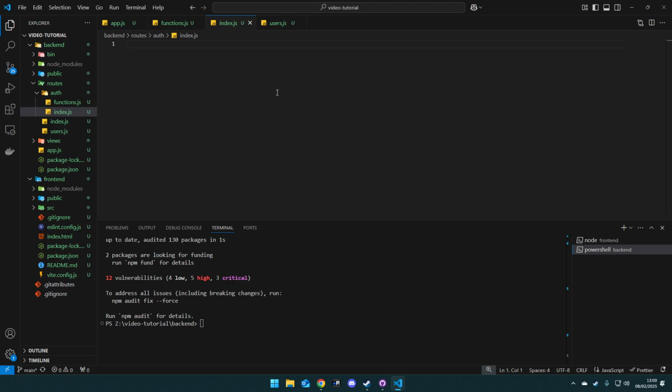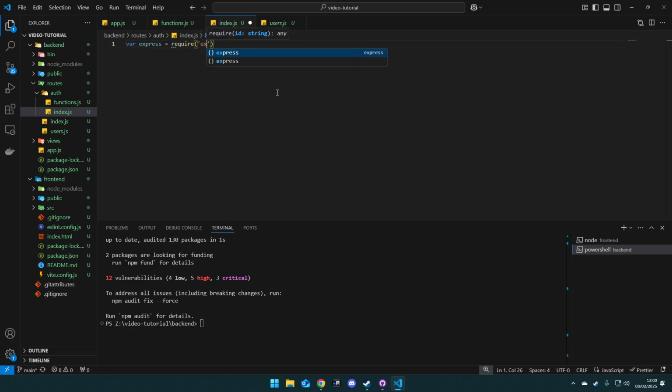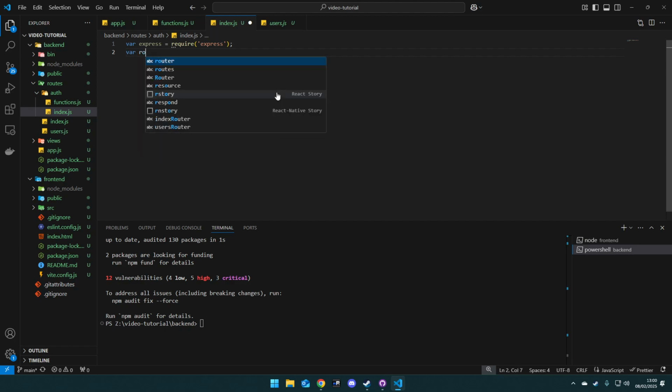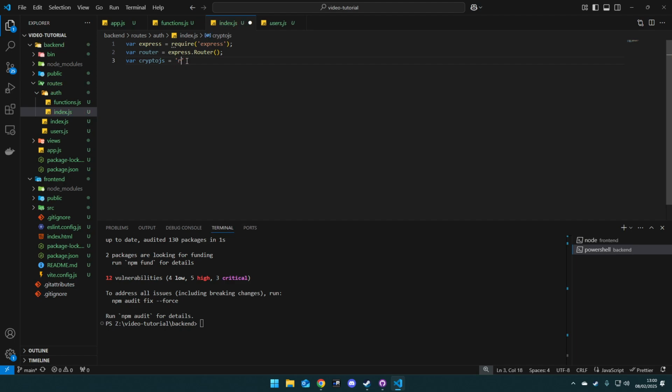We're going to add in our standard import, so var express equals require express, var router is express.Router, with a capital R for that one, sorry, var cryptoJS is require crypto-js,